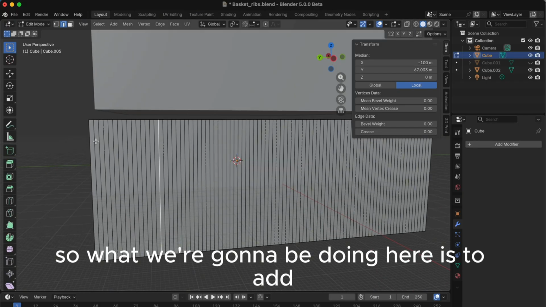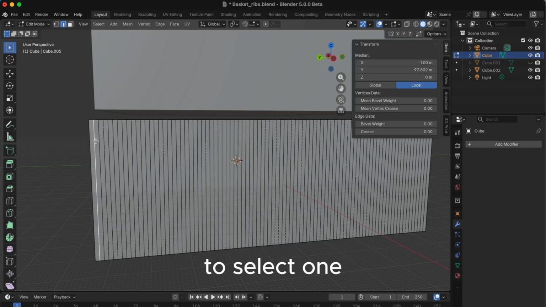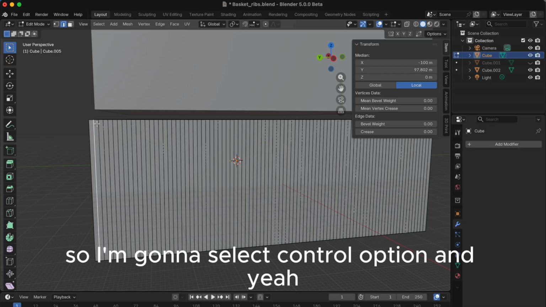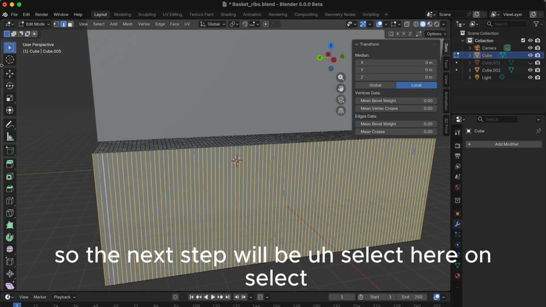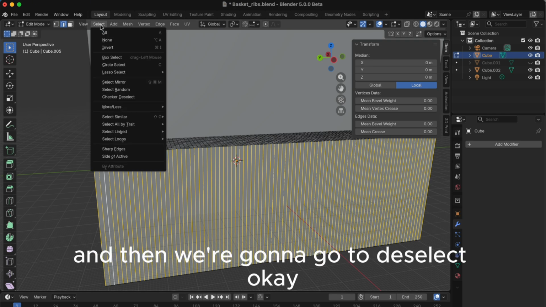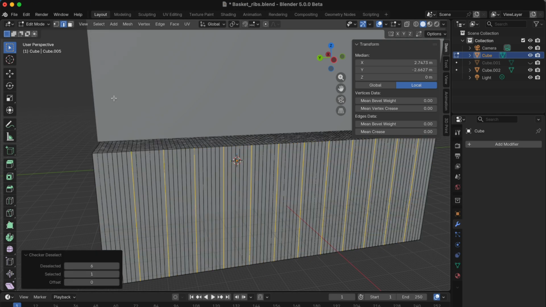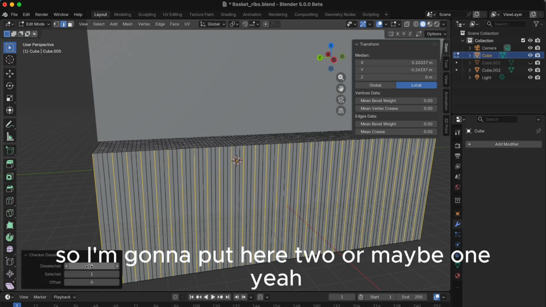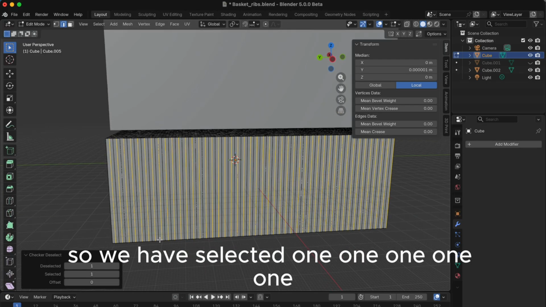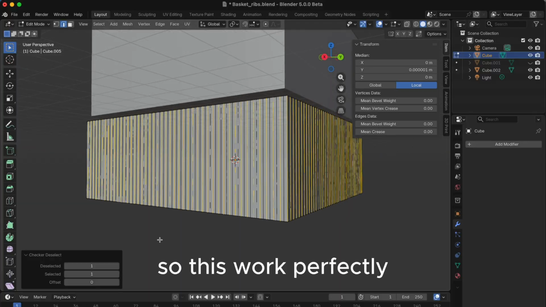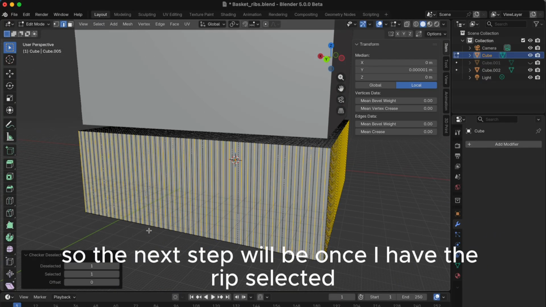So what we're gonna be doing here is to select one and one knot. Okay, so I'm gonna select Control Option, and so I have everything selected right now. The next step will be select here on Select, and then we're gonna go to Deselect. Okay, so I'm gonna put here 2 or maybe 1. Yeah, 1, it's okay. So we have selected 1, 1, 1, 1, 1. So this works perfectly. So the next step will be, once I have the rib selected, so I'm gonna go